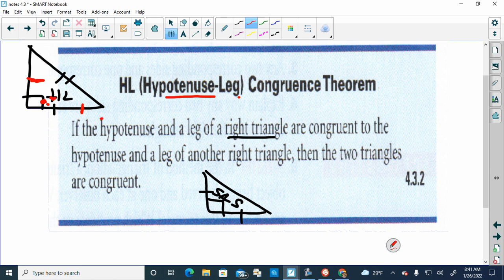Okay, this is not HL. It's a right triangle, okay, and the legs are marked, but what's not marked? The hypotenuse. Okay, so don't get those confused. Just because it's a right triangle doesn't mean all right triangles have to be HL. Okay, they can be called side angle side. You good? That makes sense? Okay, so I just want to make sure that you had an example of that one. Okay, so I'm going to get you started